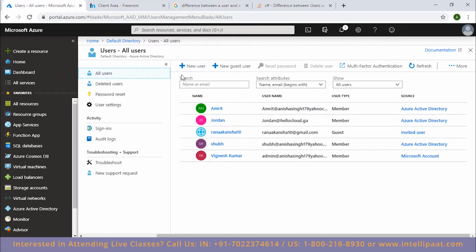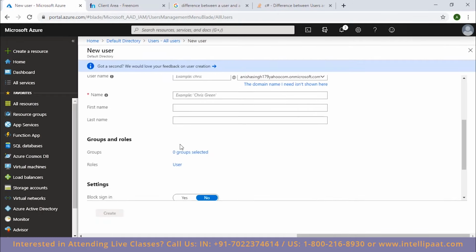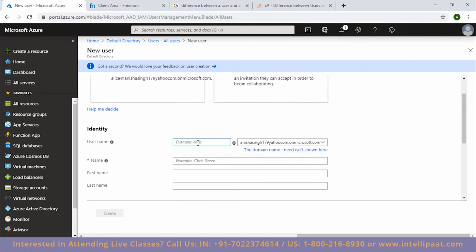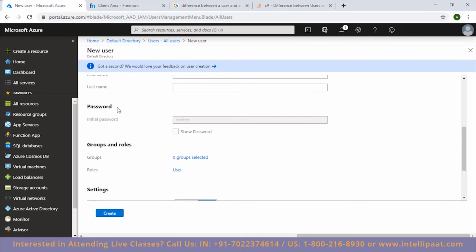So where is the password? Let me tell you. When you are creating a user, let's say we are again in this create user page. If I give a name here, let's say Sarah, and for the domain name, I'm going to keep the default domain here. Now as you can see, there is a password option here. If I click on show password, then it will show me the password.